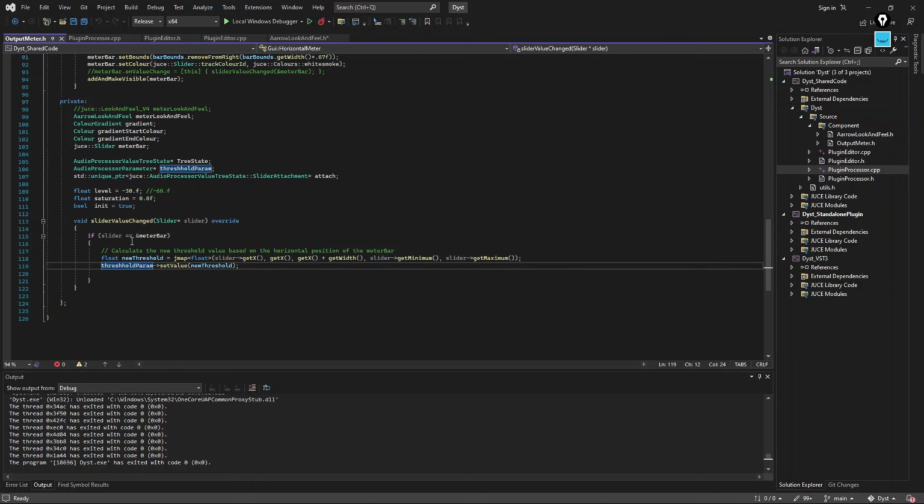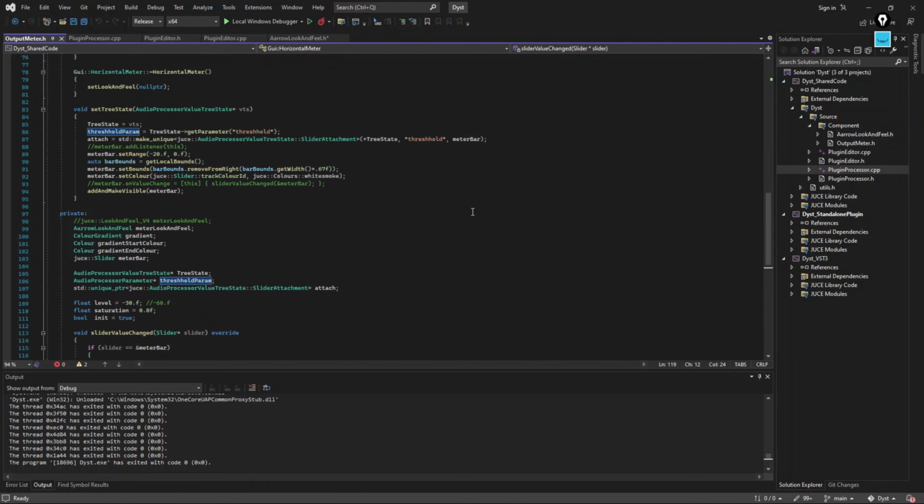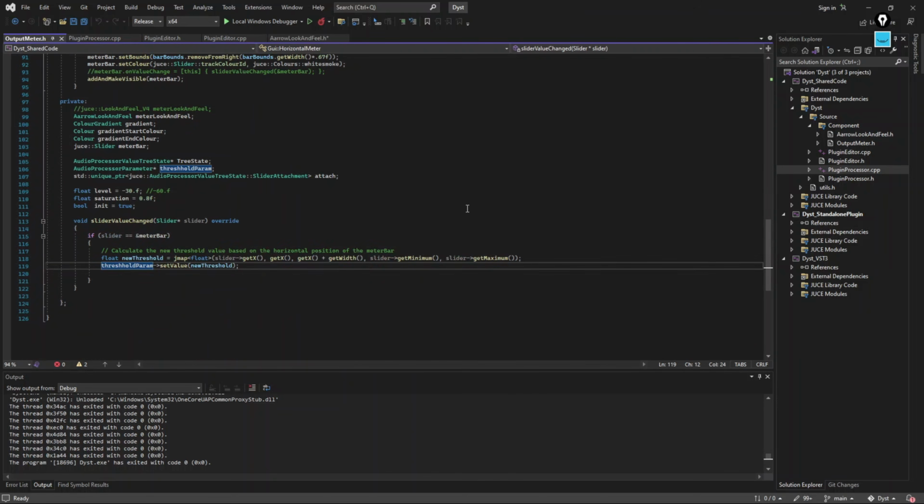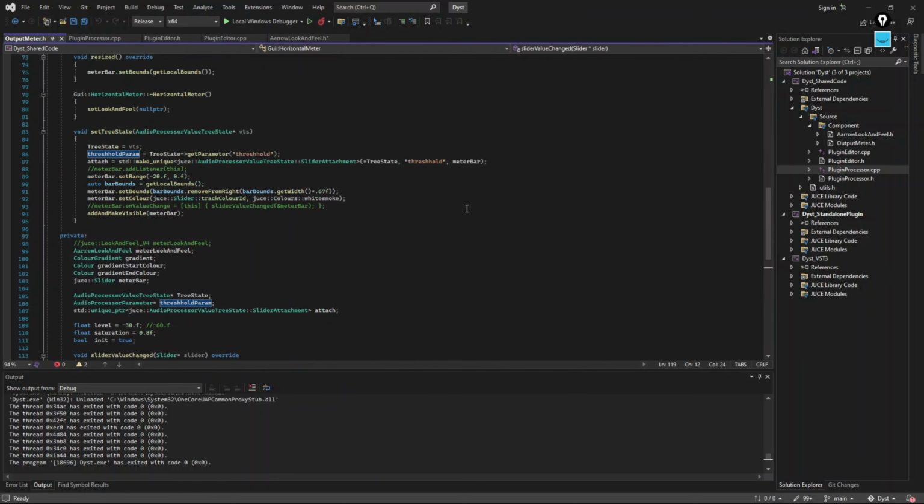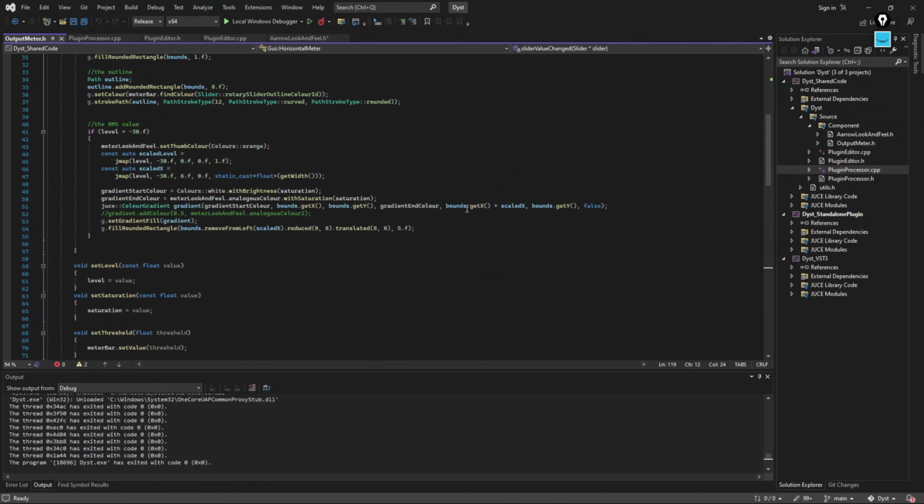Here's our slider attachment, the saturation level. It looks like we're good. I think I've covered everything very vaguely, very quickly. And again, the brightness again was the saturation. The saturation value is determined by